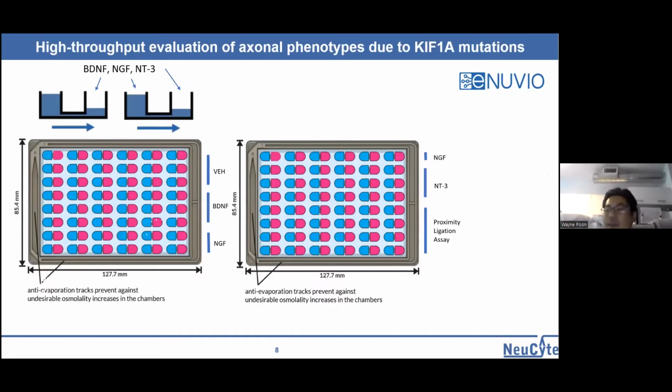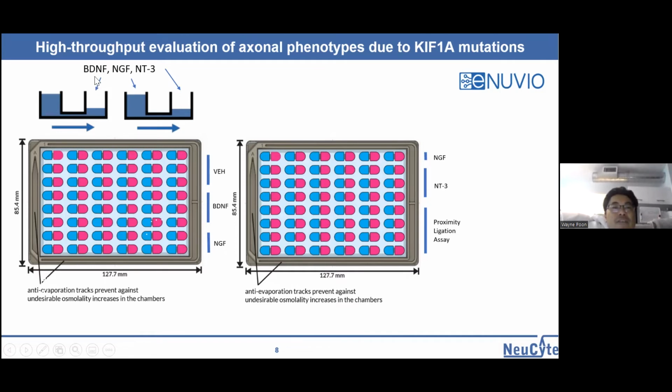So in partnership with a microfluidics company out of Canada called Inuvio, they have these microfluidic devices that allow us to isolate different compartments. Here we culture the neurons in one compartment, and they're able to grow their axon or their processes into the second compartment. We can adjust the volumes within each compartment to essentially restrict molecules to one side, in this case, either the neurotrophic factors